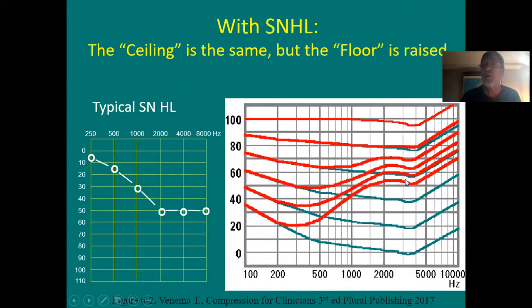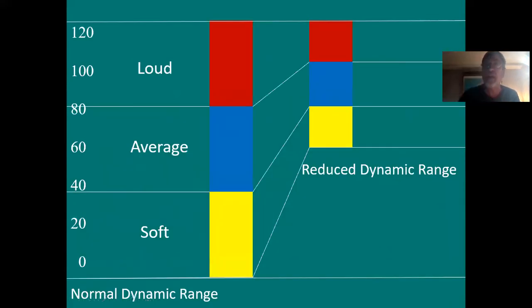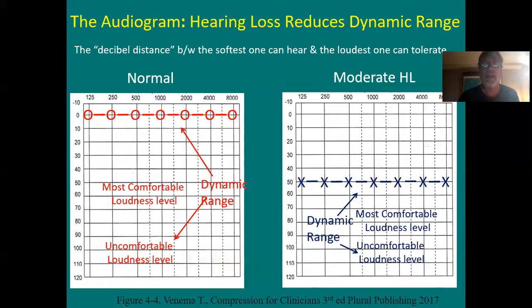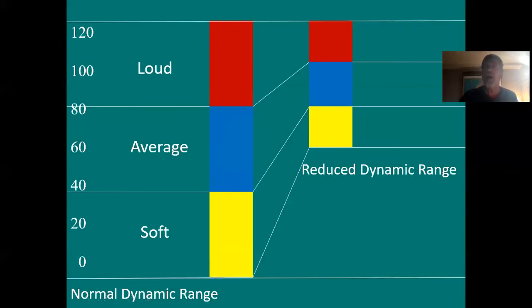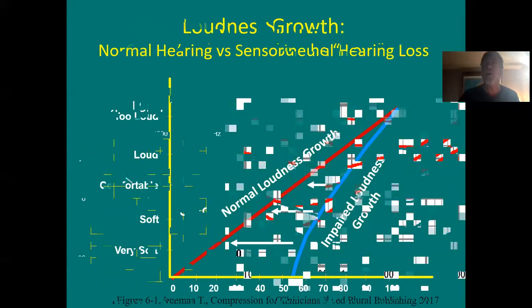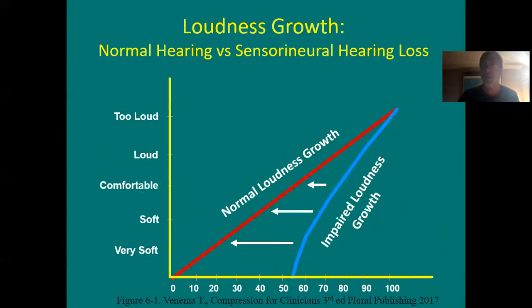The floor went up, but the ceiling did not. Once again here, a normal dynamic range, the person can hear soft, average, loud, and now look at the dynamic range with sensory neural loss. The floor went up, but the ceiling did not. And it's all about that. And again in this picture, a normal dynamic range from 0 to 100, and a reduced dynamic range from, say, 50 to 100. So this slide, this slide, this slide, and this slide are all pointing at the same thing: